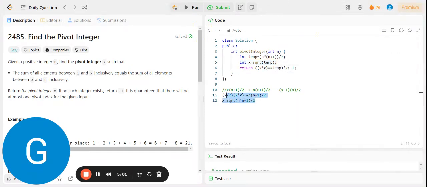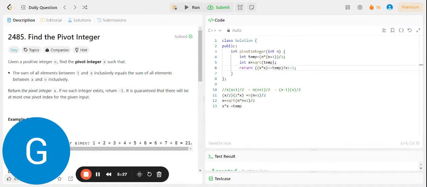And we have to check whether we will get a correct integer or not. To cross check, if we do x into x, it must be equal to temp, so if x into x equals temp, then we will return x, or else we will return minus 1, as it is the